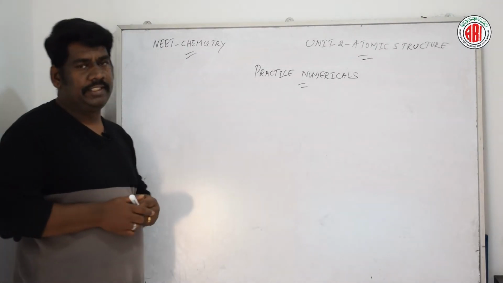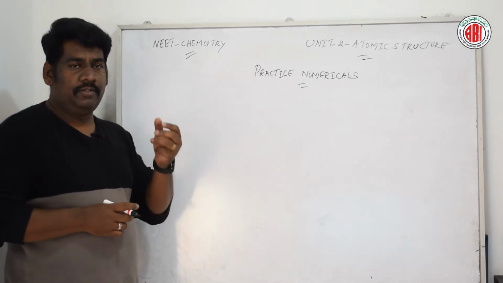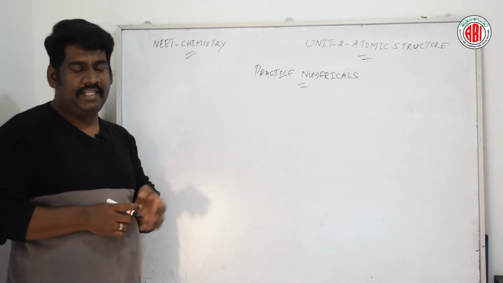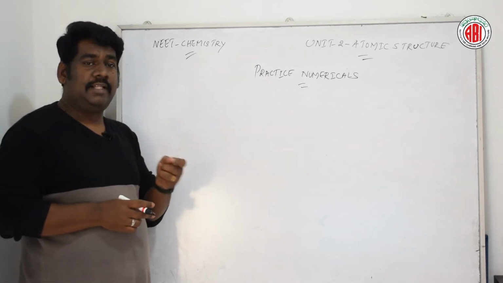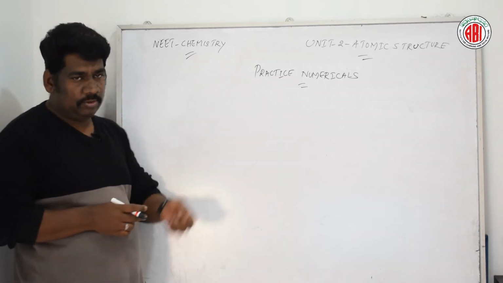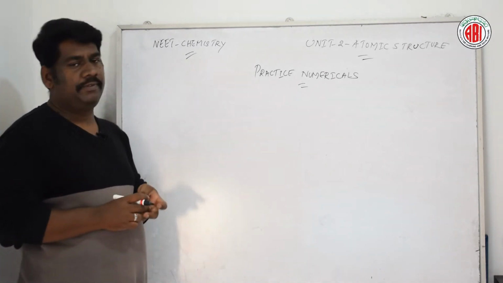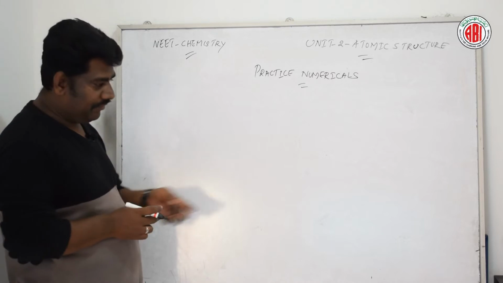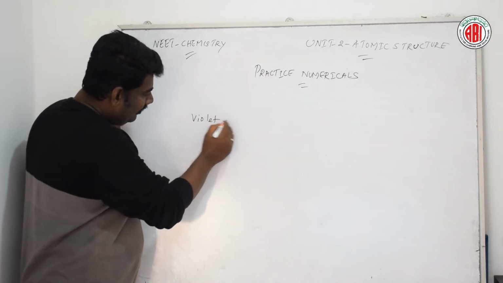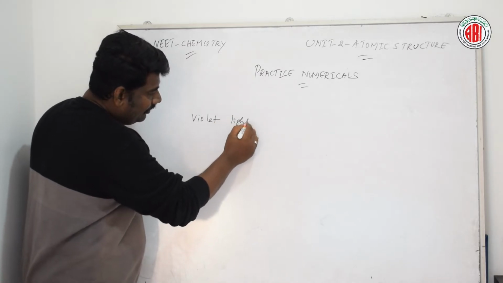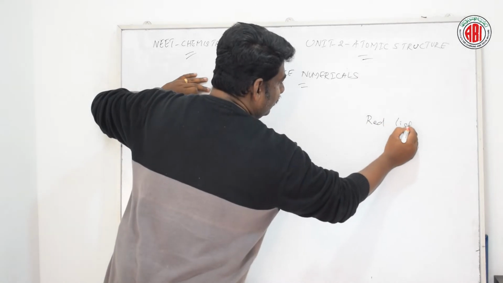According to this question, here we are going to find the photon energy for two different lights. One is the red light and the other one is violet light. So let us write separately for each light, and then we can compare the energy values of both. First let us write the violet light, and here let us write for red light.